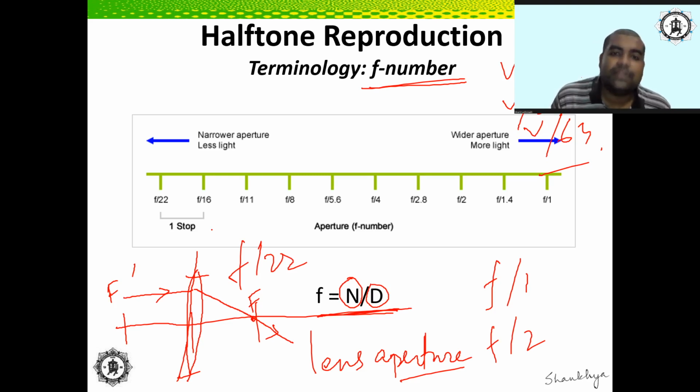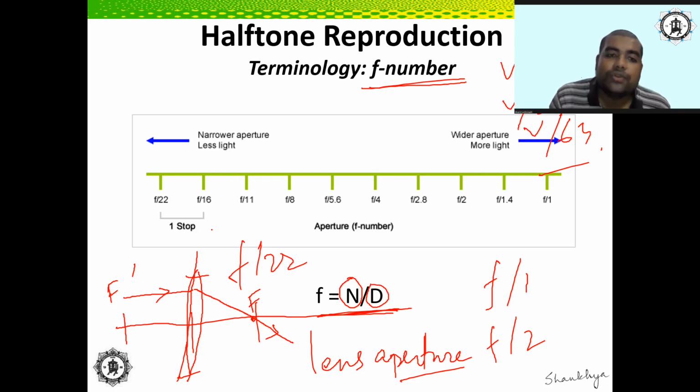So what is the meaning of this? We say that whenever we are changing the F number, we are changing the stop. Basically it is said that we are changing the stop. So we are adding one stop. Increasing or decreasing the number of stops can mean different things. Even the term stop in optics, especially in photography optics, can mean a lot of things. It can mean the exposure time, it can mean the F number. All right. So depending on whatever parameter you are changing in the optical system,